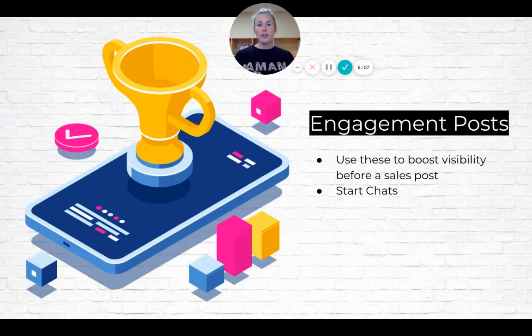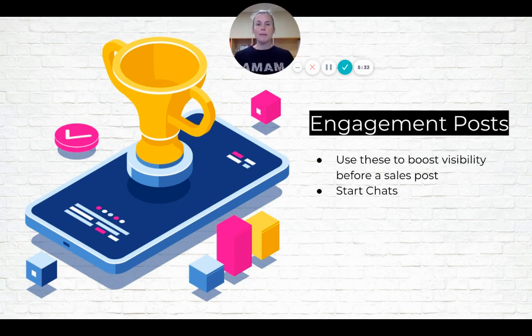Okay, so another tool that works really well are engagement posts. And I actually did a whole training on this. So if you'd like my training on engagement posts and how to monetize them, just let me know over Facebook Messenger and I'll be happy to shoot it over your way. Or if you're in my Facebook group, you can go to the guide section, and in the attraction section of the guide section, ooh, that was a lot of sections, you can see the engagement post speed training.